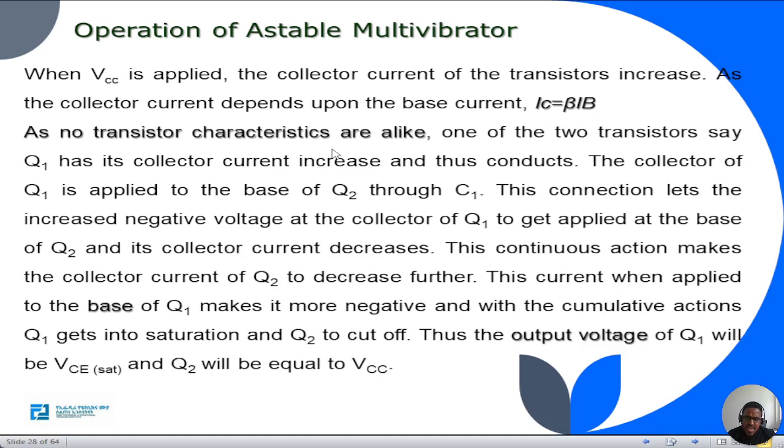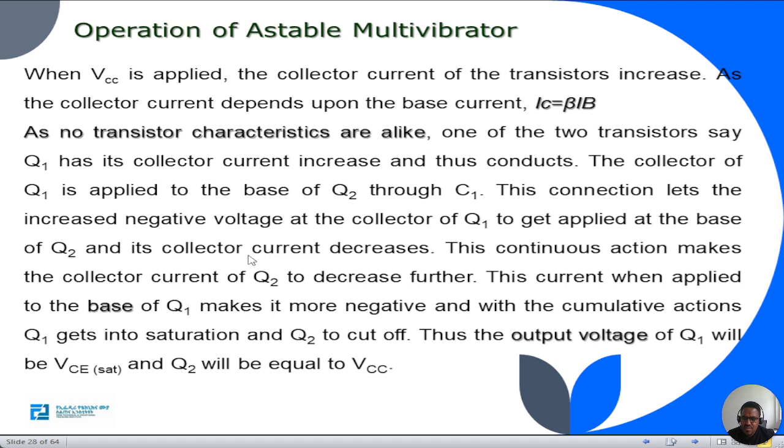As no transistor characteristics are alike, according to their manufacturing, one of the two transistors, say Q1, has its collector current increase and it conducts. The collector of Q1 is applied to the base of Q2 through C1. This connection lets the increased negative voltage at the collector of Q1 get applied to the base of Q2,